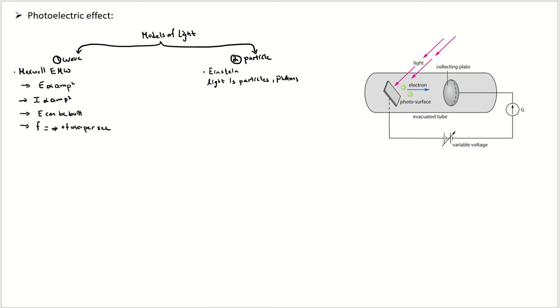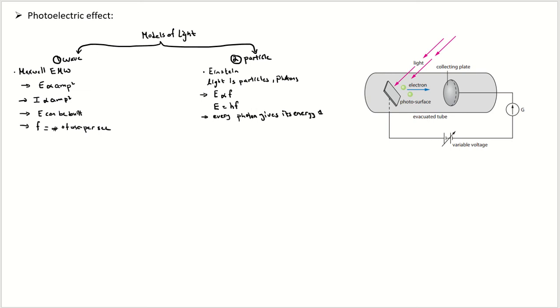And he said that the energy carried by this photon is proportional to the frequency. So every photon is carrying an energy equal to hf, where h is the Planck constant and f is the frequency of light. And by the way, a photon, as we have taken in topic 7, is chargeless and massless, but it carries energy. The second thing that he said is that every one photon gives its energy